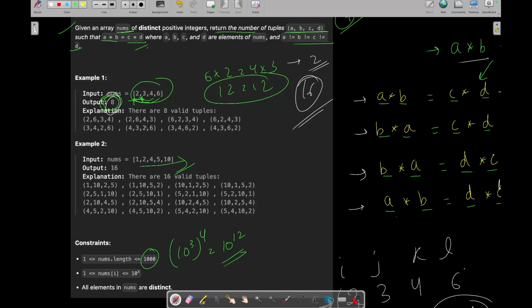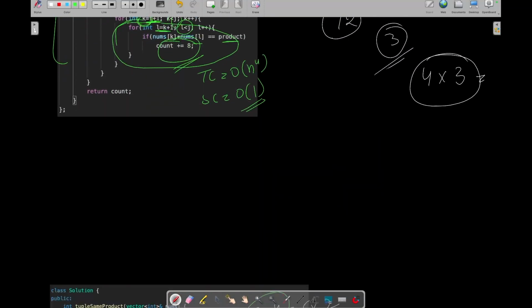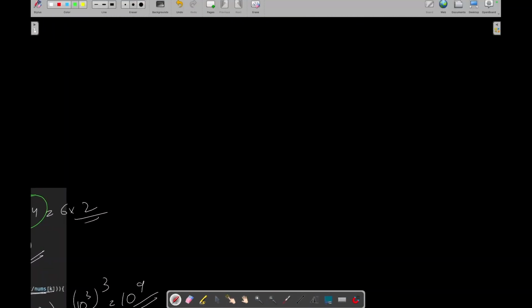Let's take this example now: 1, 2, 4, 5 and 10. Okay, 1, 2, 4, 5 and 10. Now we can't do anything, we can just calculate the product of all the numbers. Okay, so if we are calculating the product of all the numbers, obviously we will be needing either a hash